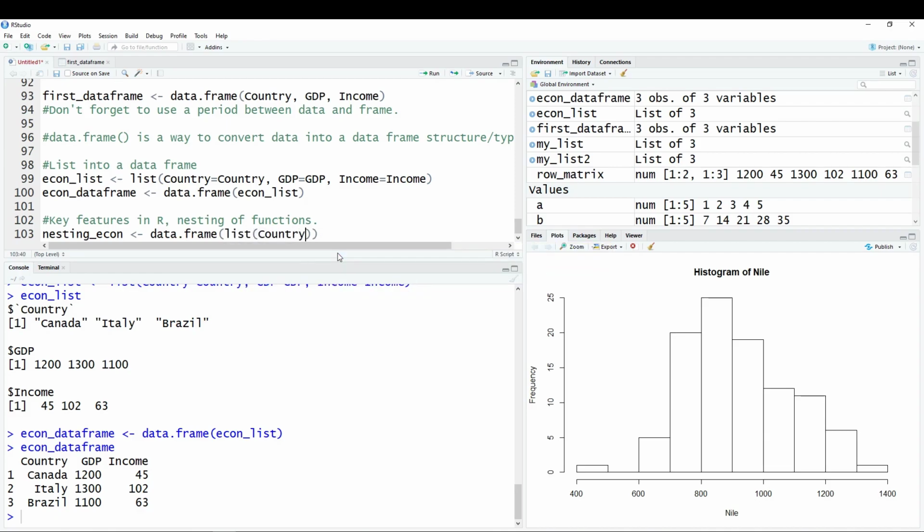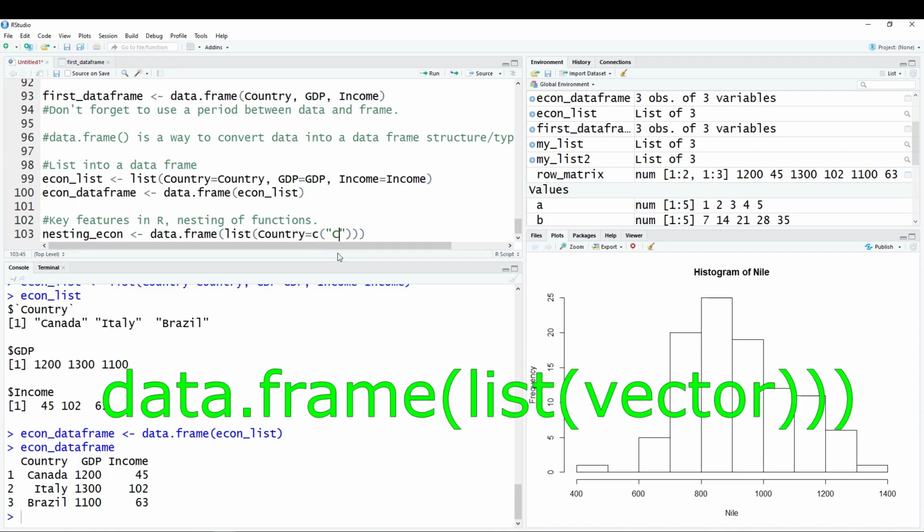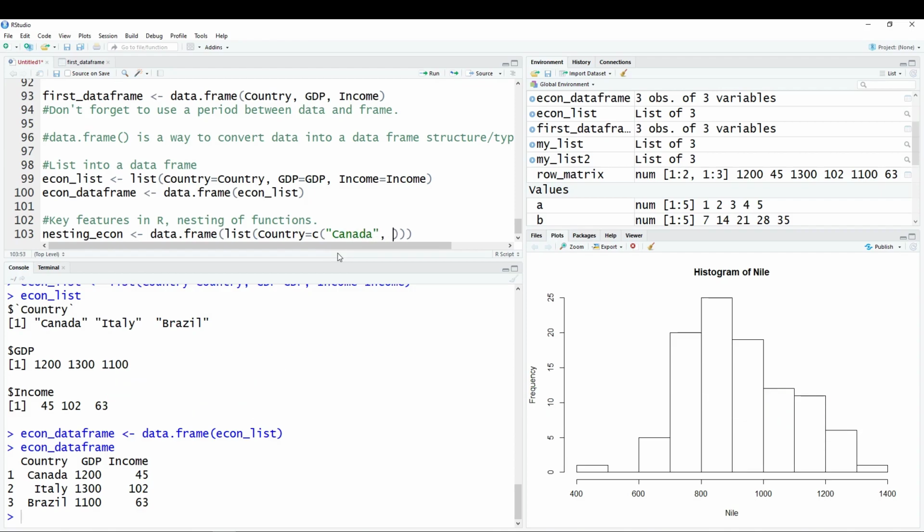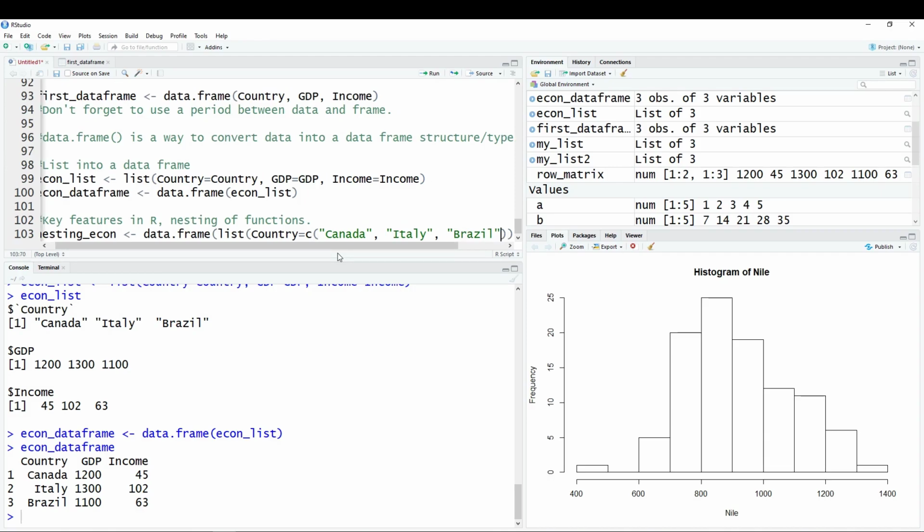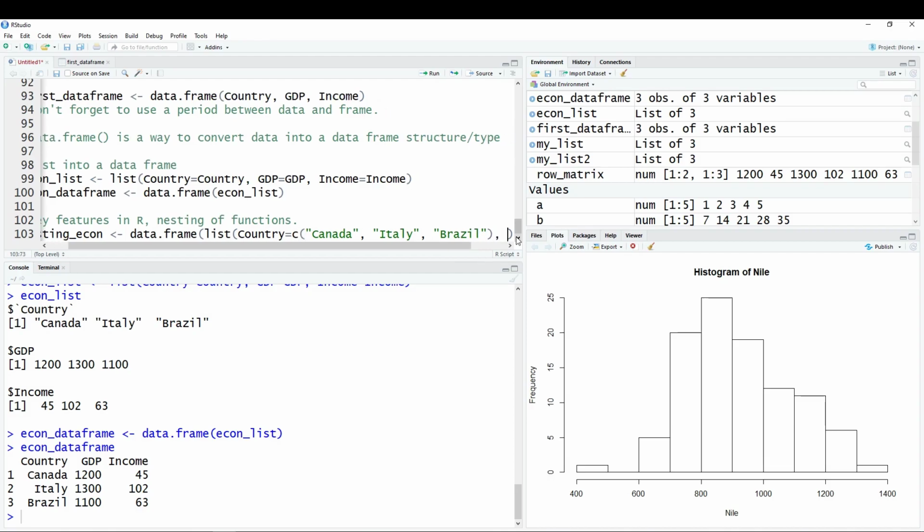And we're going to put in country equals, and then c, which is going to create the vector. And then you type in everything you want inside of the vector. So we have Canada, Italy, and Brazil. And then we need to close this vector creation with the parenthesis here at the end. And then we're going to do a comma, and next, inside of our list that I'm creating,